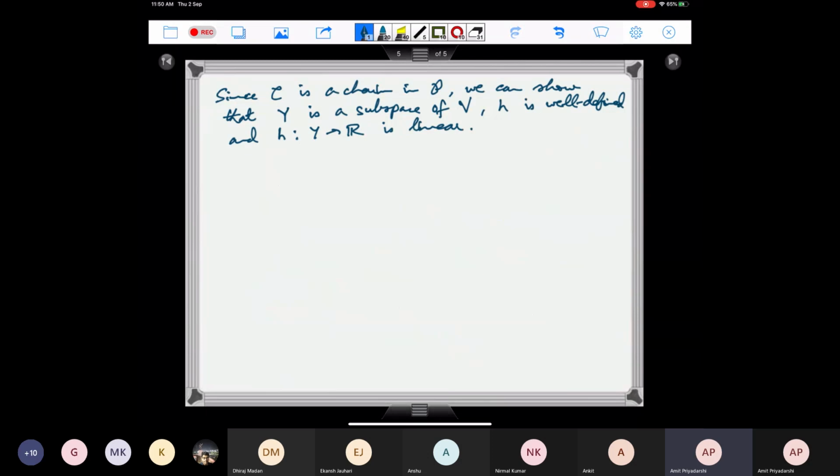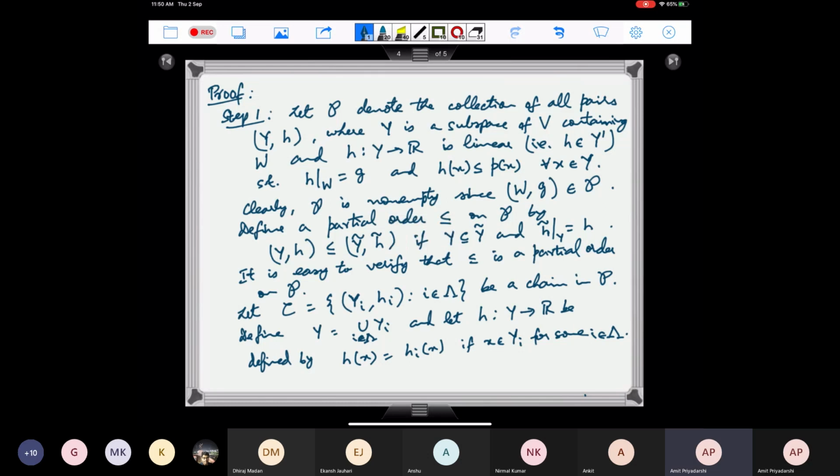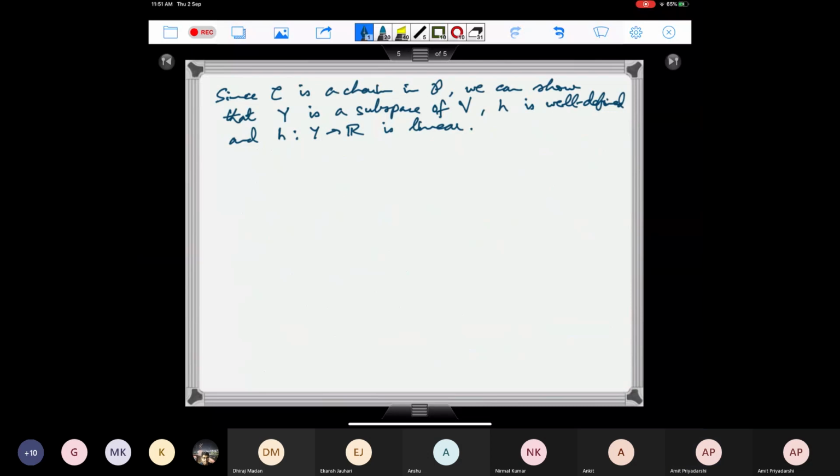So we get a linear functional on a subspace Y, and because we have Y_i such that this contains W, of course this Y contains W. So clearly W is a subspace of Y. So therefore what we get is that this (Y, h),